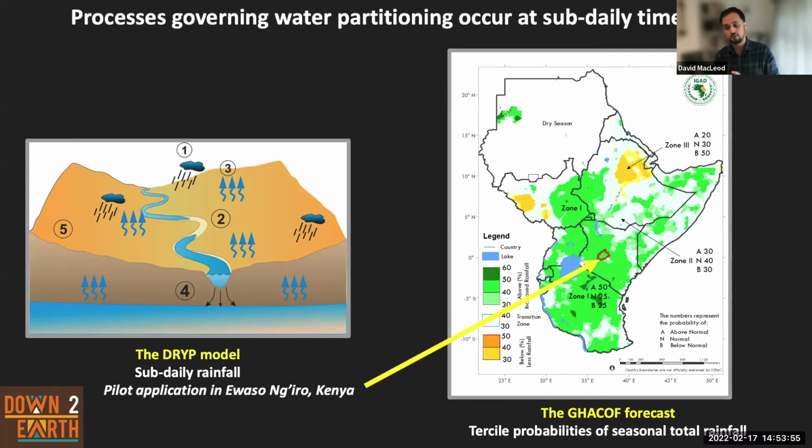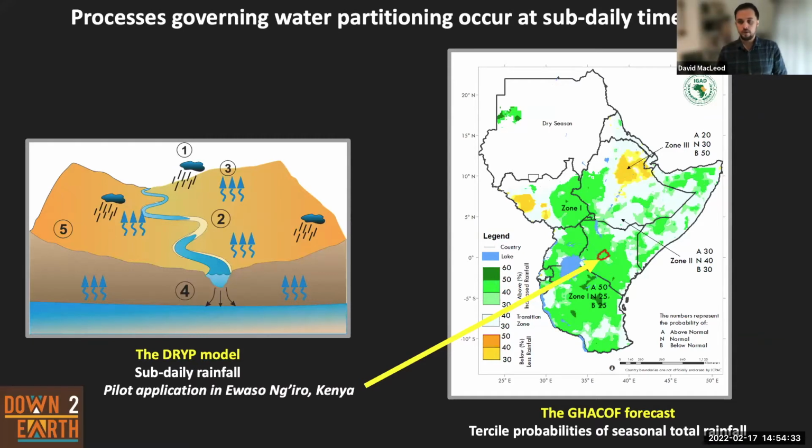This is the March, April, May forecast for this year, released at this GHACOF event. What this forecast is providing is an indication of the expected risk of above or below normal rainfall. That's provided as a probability of a tercile, where the event is seasonal total rainfall. These tercile probabilities of seasonal total rainfall are indicated in the plot. In this case, the forecast is going for enhanced risk of above normal or upper tercile rainfall.